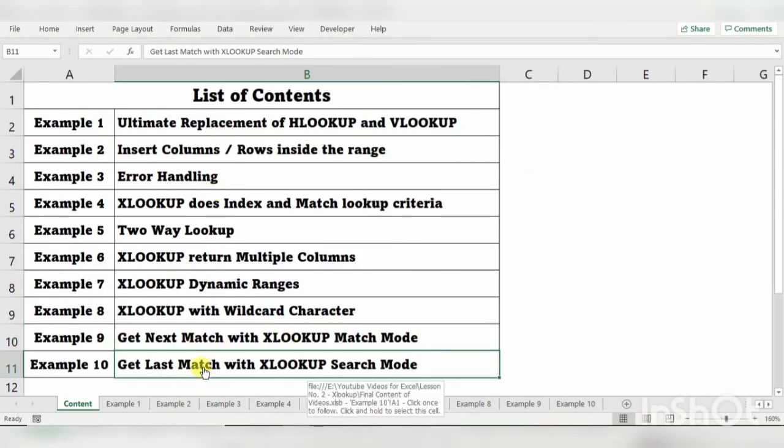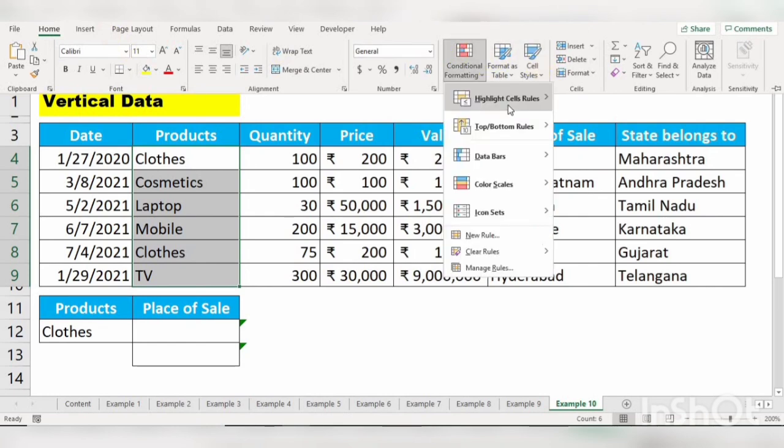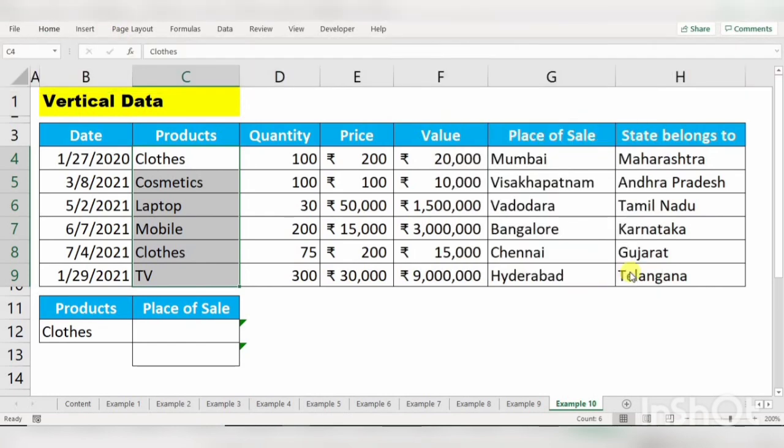The next example is get last match with XLOOKUP search mode. We are going to use the last option from the formula's search mode function. Let's see the example. Now we have a product clothes. Here when I am using the conditional formatting, we will find duplicate values.